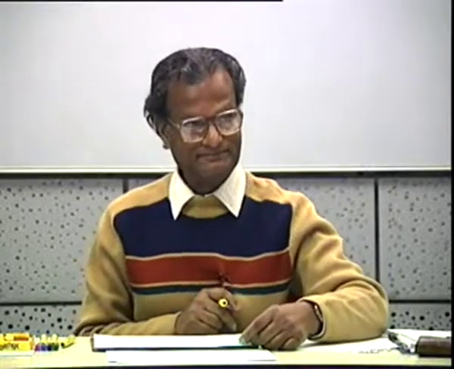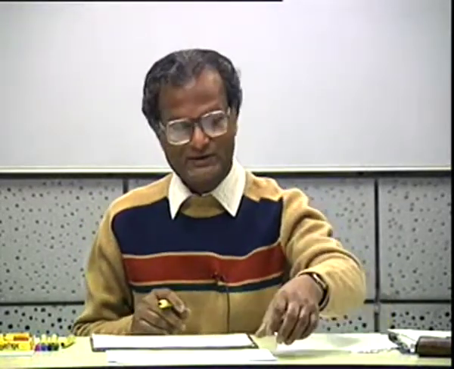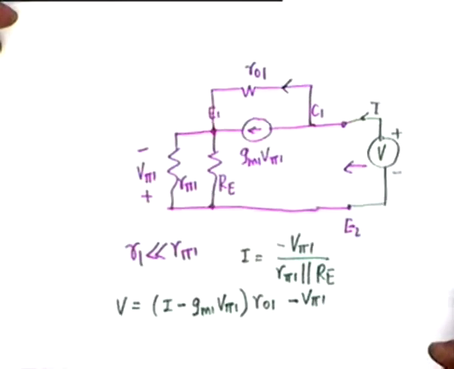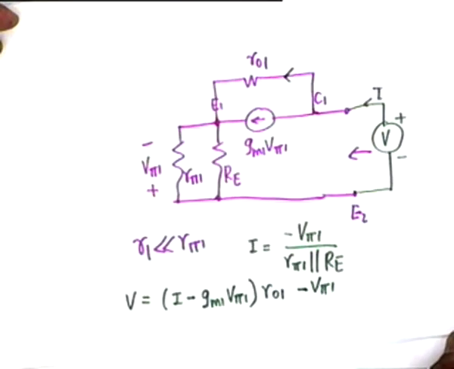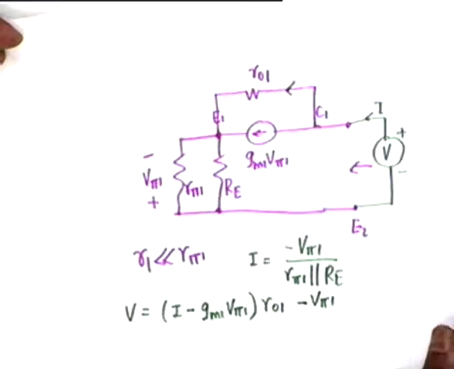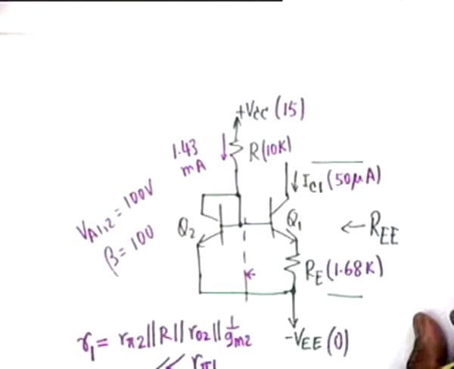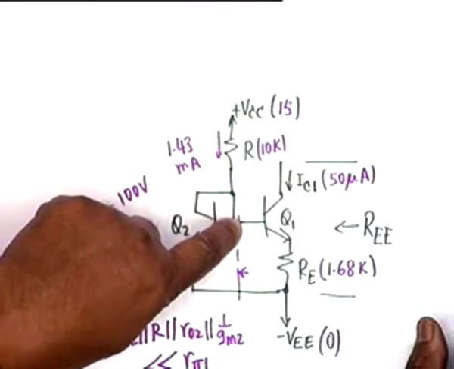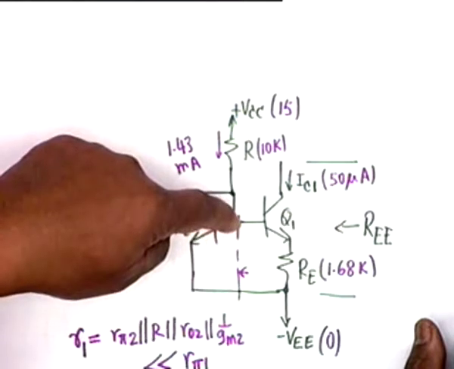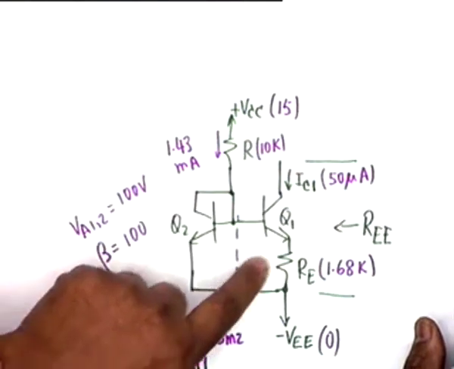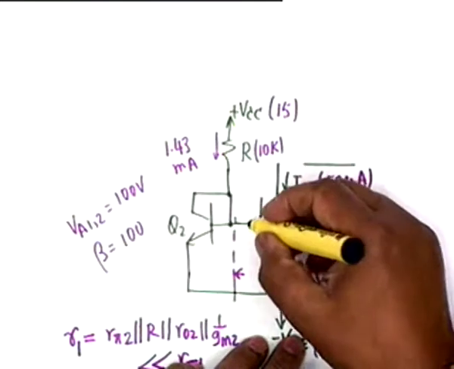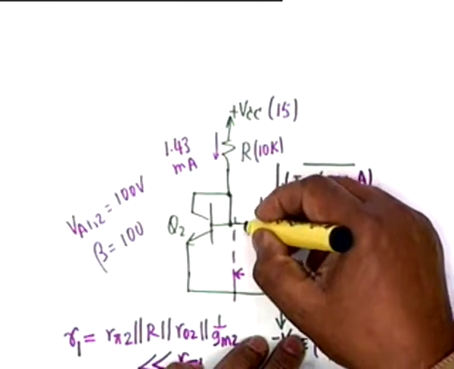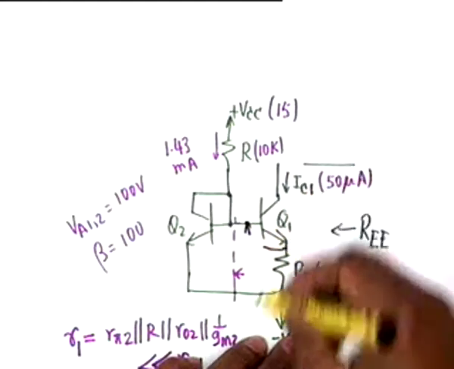Sir, could you please show the equivalent circuit once again? Equivalent circuit once again. I'll show you twice. All right. The question: you have calculated connected R1 between E2 and E1. How have you done that? That's right. R pi 1, I have to go back to the circuit. R pi 1 is between E2, this is E2, and E1. R pi 1 is from this point to this point, from base to emitter.